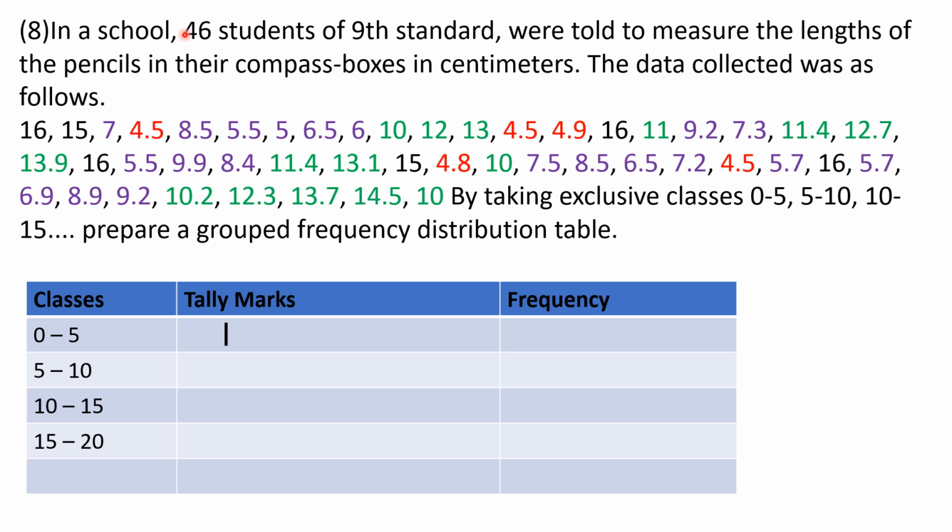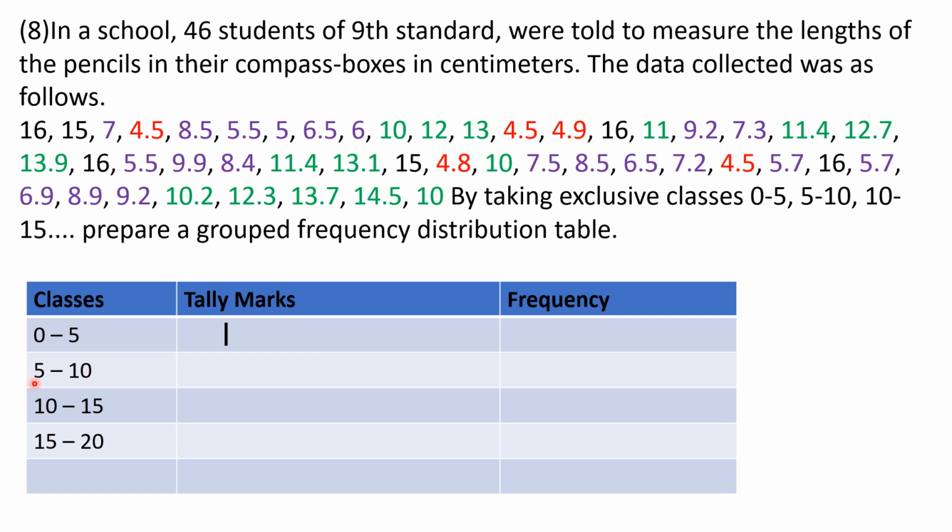You'll make classes, tally marks, frequency. Now it is already said that you have to take the classes in this range. So we have written 0 to 5, 5 to 10, 10 to 15, 15 to 20. Students, when the class is continuous, the question comes of where you will add 5. If the data 5 comes in this, where should we include it, in the first class or the second class? So do remember, in a continuous class, the number will always be included in the lower class limit.